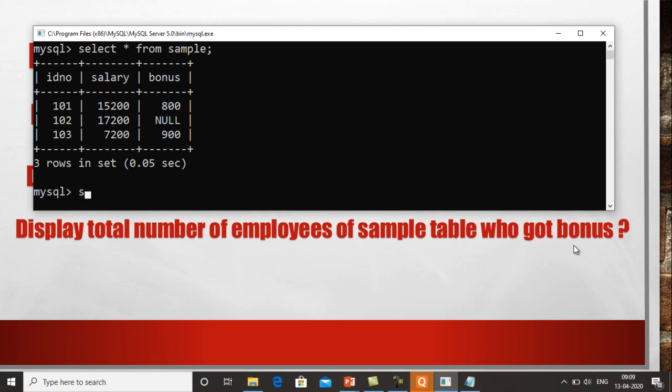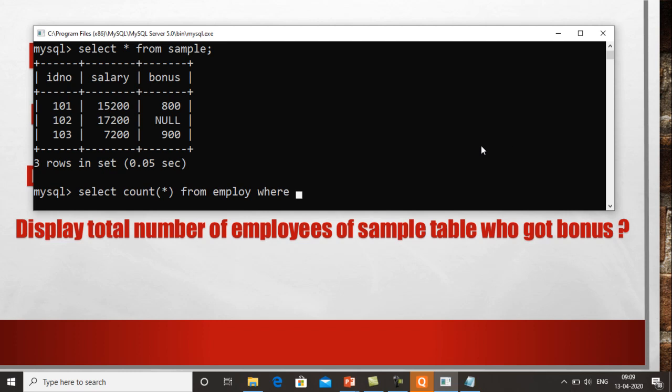The first one is that we write select count star from employee where... now what we want, who got bonus. We want to show the record of those employees who got bonus.